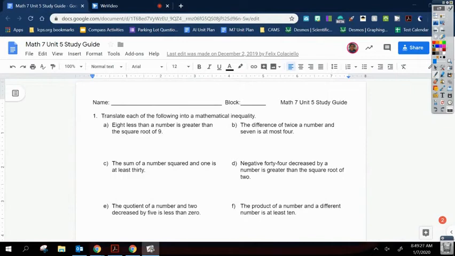This is the video to go over the study guide. The unit on inequalities is very similar to the unit on equations. A lot of these concepts we've covered, so I'm just going to quickly go through all the different types of